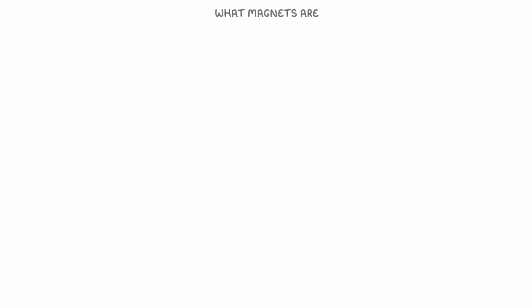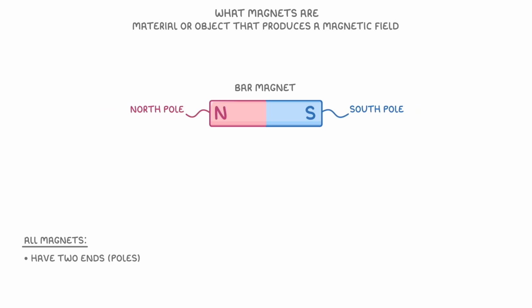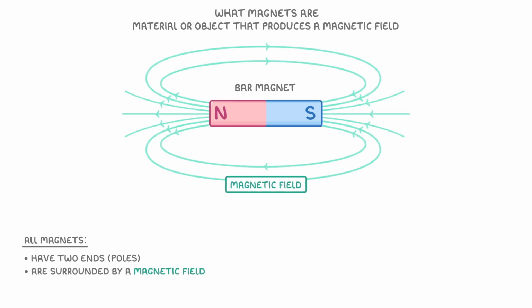Let's start with what magnets are. Now, magnets are basically any material or object that produces a magnetic field. They come in various shapes and sizes, but a common type is the bar magnet, which is shaped like a rectangular bar. All magnets have two ends called poles, a north pole and a south pole, and they are surrounded by a magnetic field. We use this term to describe the area around a magnet where its force can affect